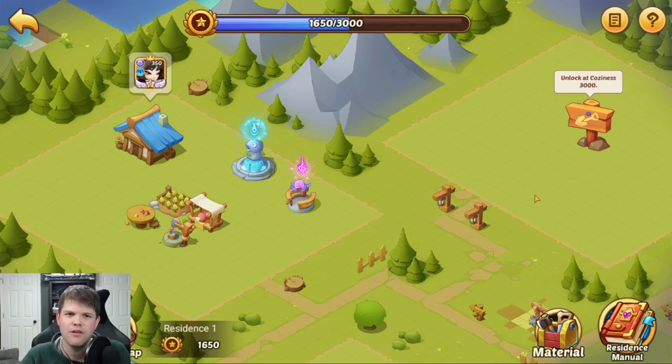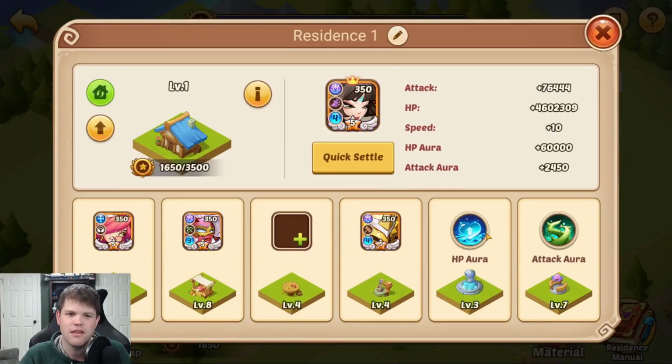And the way to open a second base so you can have a second homeowner is to get the 3000 coziness. You can see I'm at 1650 right now. We don't really know yet if it's better to have 2 bases going at one time or 1. My gut is, for most players, it's going to be just having 1 base and concentrating on making that hero